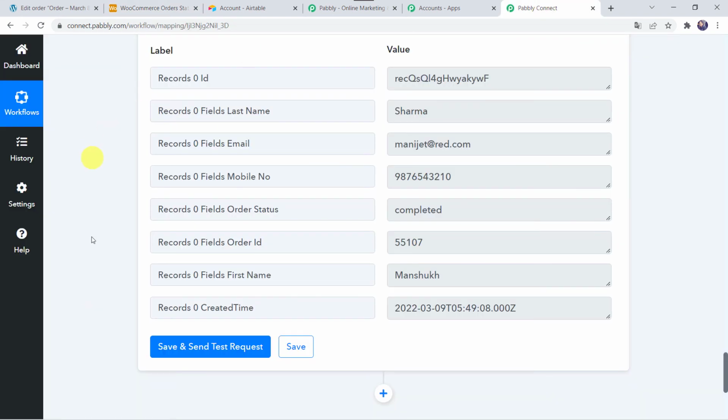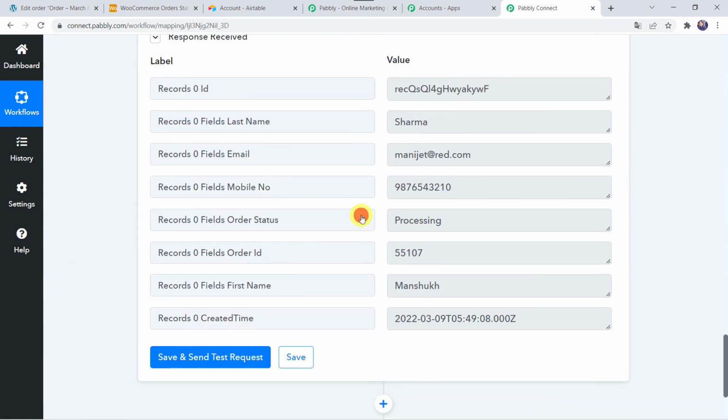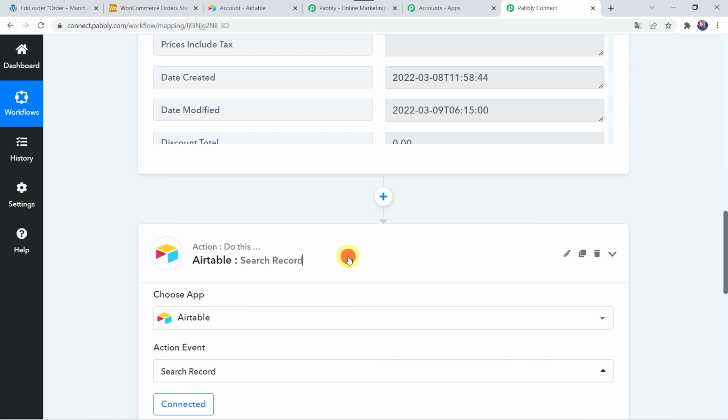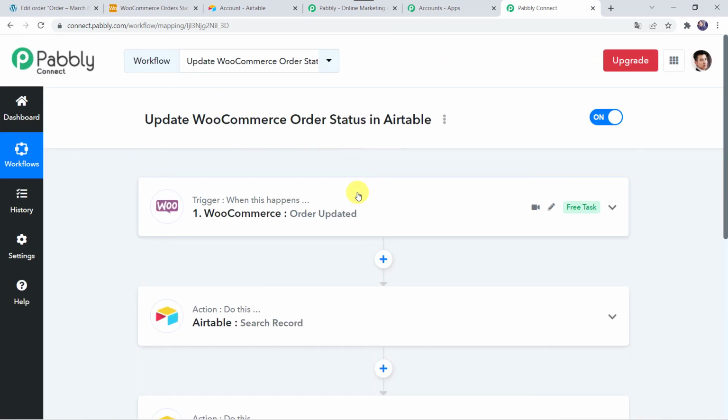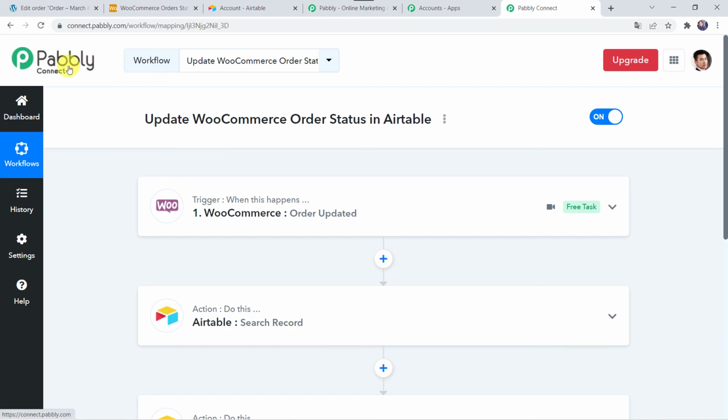So let's move back to Pabbly Connect, and I'll just minimize all these windows and let us see in a nutshell whatever we have done till now. I'll just minimize this action window as well as the trigger window also. So first we have created an integration between WooCommerce and Pabbly Connect. Then Pabbly Connect has captured all the details of the orders. Then we have applied the action step of Airtable to search that particular record in all the records. And then when we have searched all the details of that particular record, the record was updated. And in this way we have created a successful integration between WooCommerce and Airtable using Pabbly Connect.